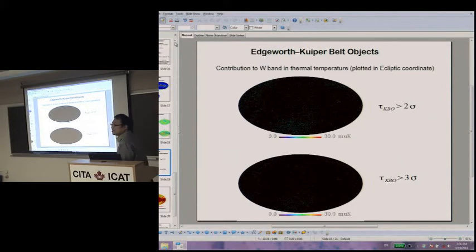Okay. Yeah, it's 10 to the minus 6 or 10 to the minus 7. You're not seeing the critical arc, you're just seeing dust from the critical arc, if that's what you're seeing at all. Okay. So what fraction of the pixels are 2 sigma detections? Because then you should get 2% no matter what.